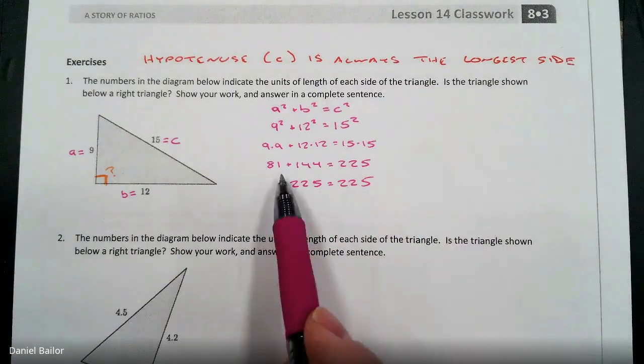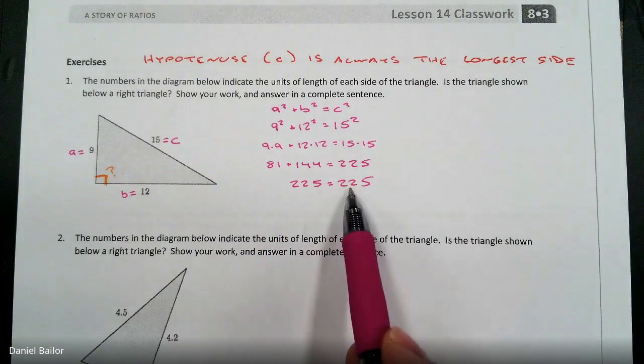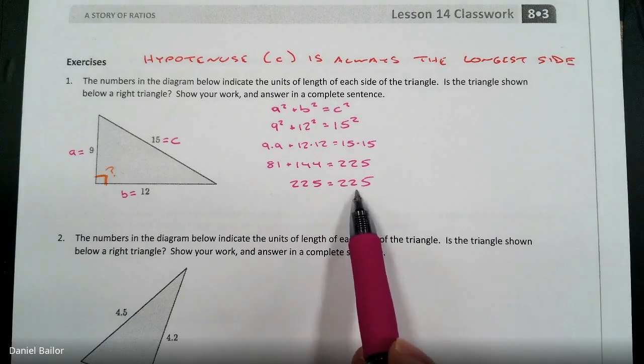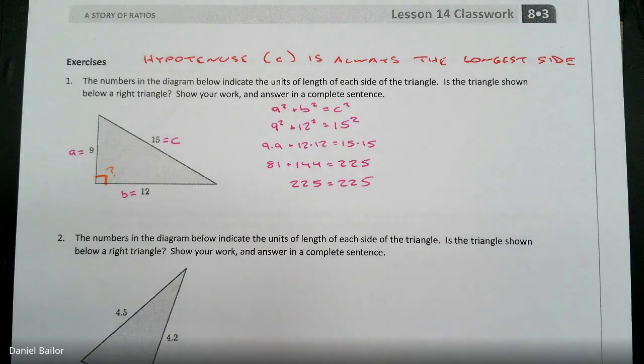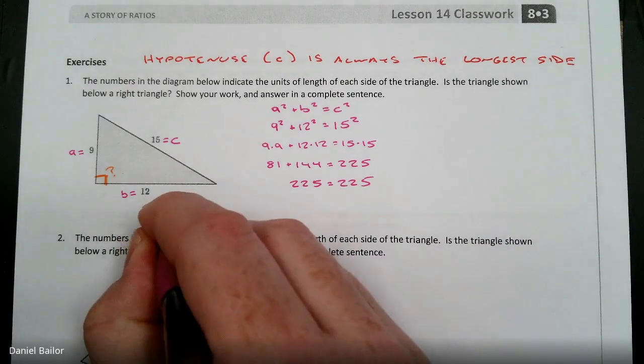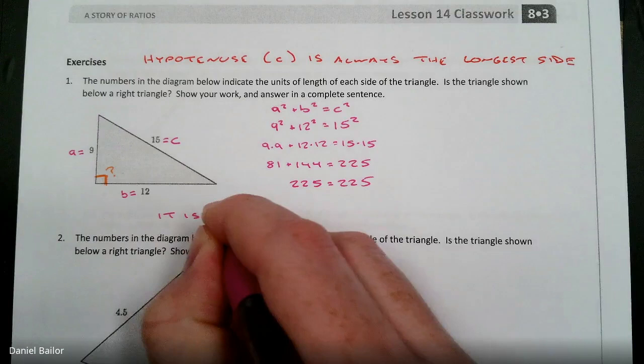So now this equals 25. This equals 25. The Pythagorean theorem is true. So, is the triangle below a right triangle? It is a right triangle